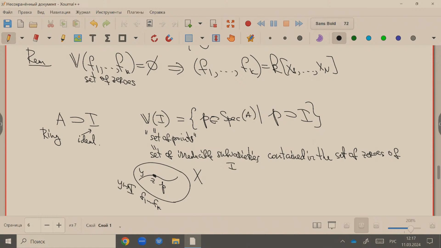And the set of functions on V of I is just A modulo I. And what Hilbert's theorem says here is that this set is empty if and only if I is equal to